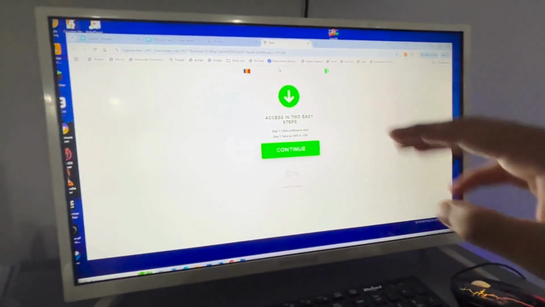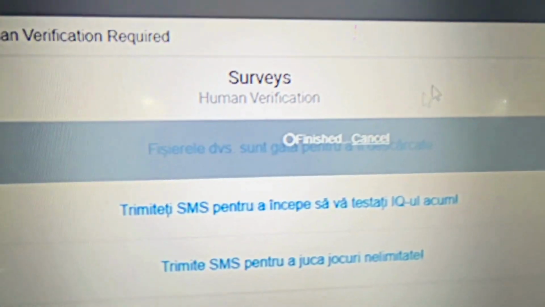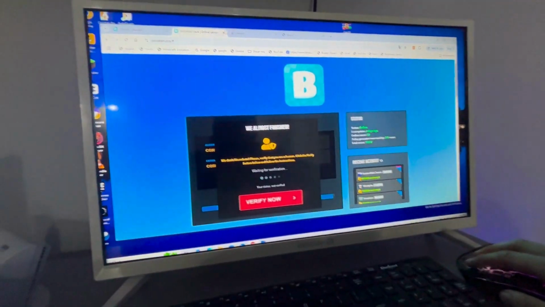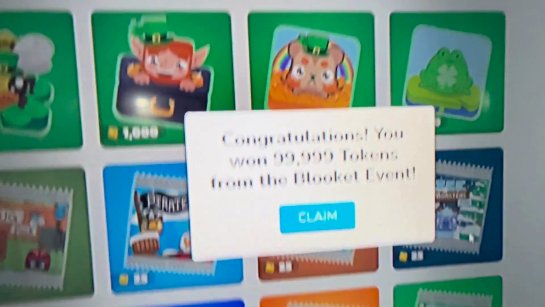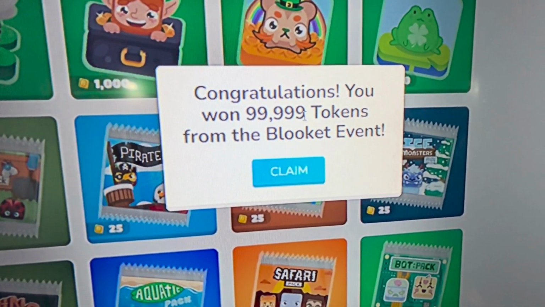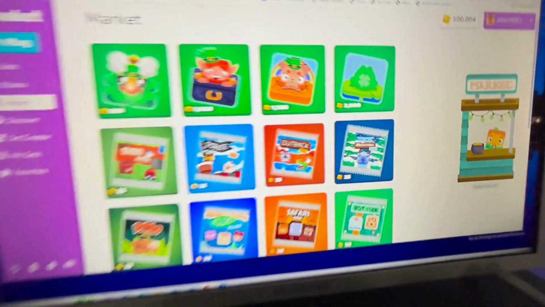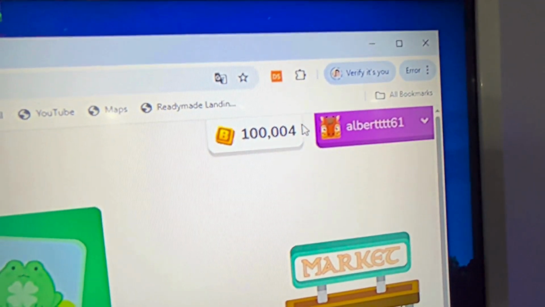As you can see, I send the SMS to this number. I finished the survey, you can check here. As you can see, I enter here and now it's finished. Now you can close all tabs, guys. And as you can see in my Blooket page, I received this notification. Congratulations, you won 100,000 tokens from the Blooket events. Just I press claim and now I have 100,000 tokens